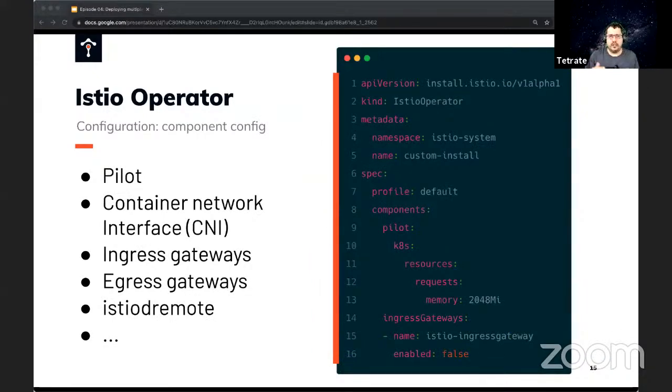Finally, the component configuration. This section allows us to adjust Kubernetes resource settings. It allows us to enable or disable individual components, and then to configure component-specific settings. So the components that you can configure are pilot, you can configure container network interface, CNI, ingress and egress gateways, Istio remote, and then each one of these components also has a Kubernetes field, and that one allows you to